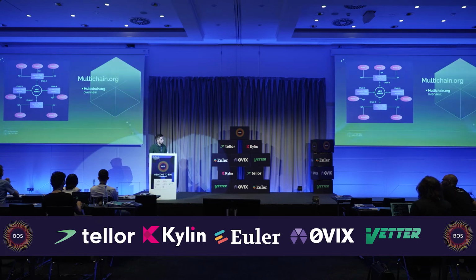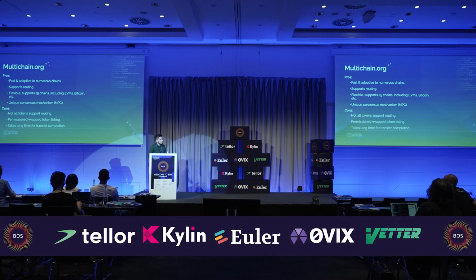Next up is multichain.org. It's one of the simplest solutions, and one of the best, because they have smart routing of the assets. It means that USDT, for instance, is the same on all EVM chains, and you can just lock your USDT on Ethereum, wrap them to Binance Smart Chain, and move the wrapped USDT between EVM chains